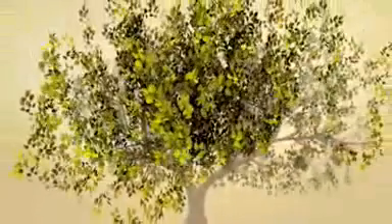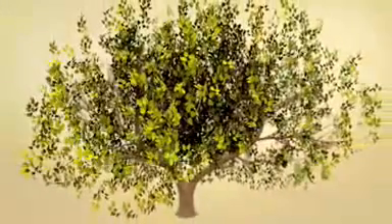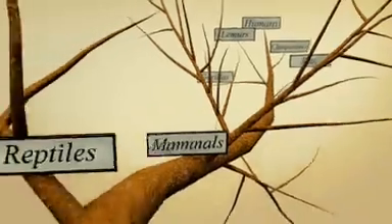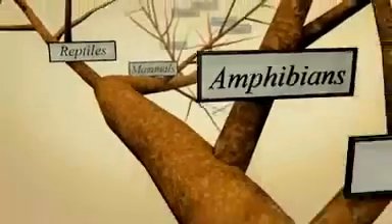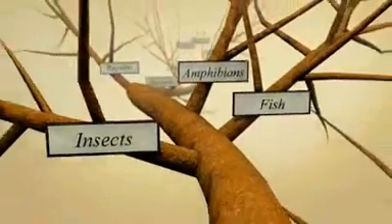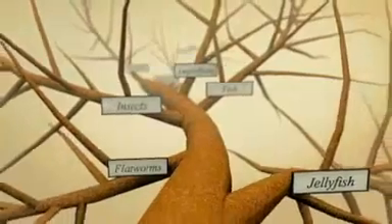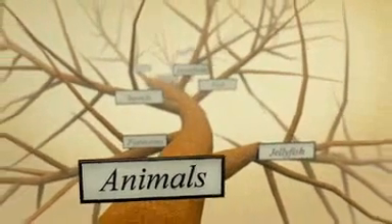As you follow the family tree farther and farther back, say from our twig, which we're just one twig on this vast tree, what you see is our similarities with apes, then going further down, our similarities with other mammals, further down, our similarities with reptiles, further down, our similarities with amphibians, fish, all the way down to worms and jellyfish and so forth. What you see is a continuity of life on the planet. That is, we're not exceptional in any great degree. We're just a twig on a giant evolutionary tree that includes everything.